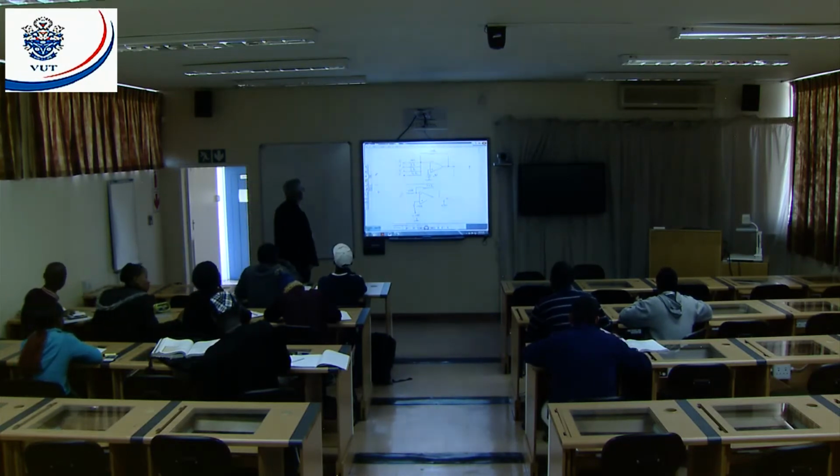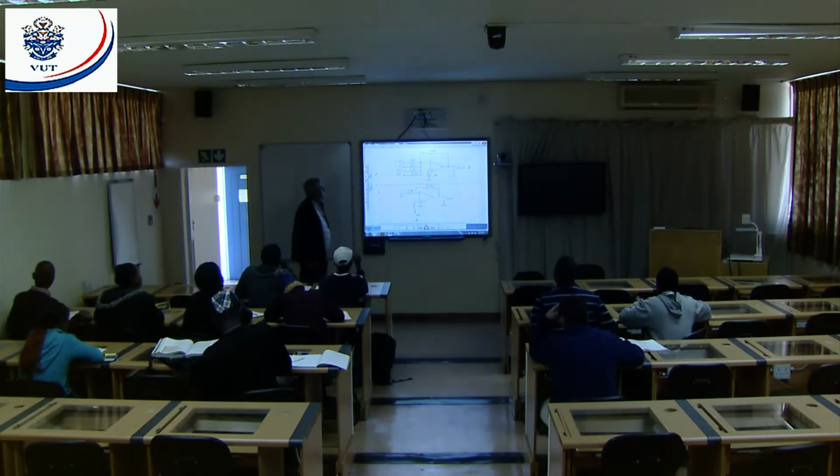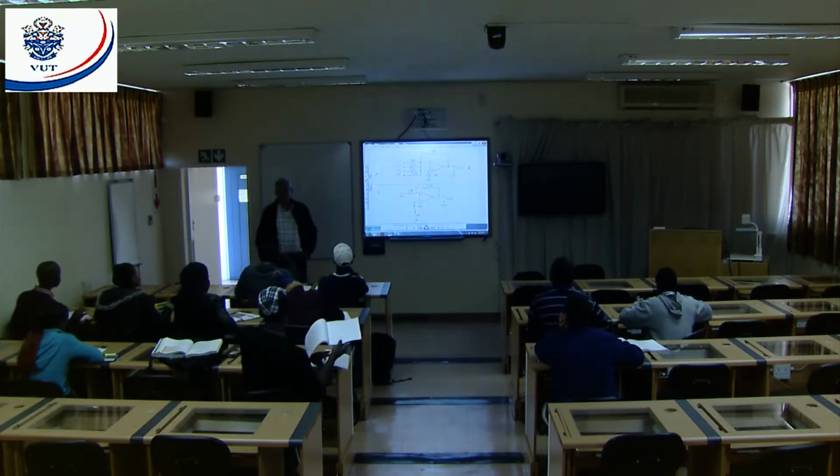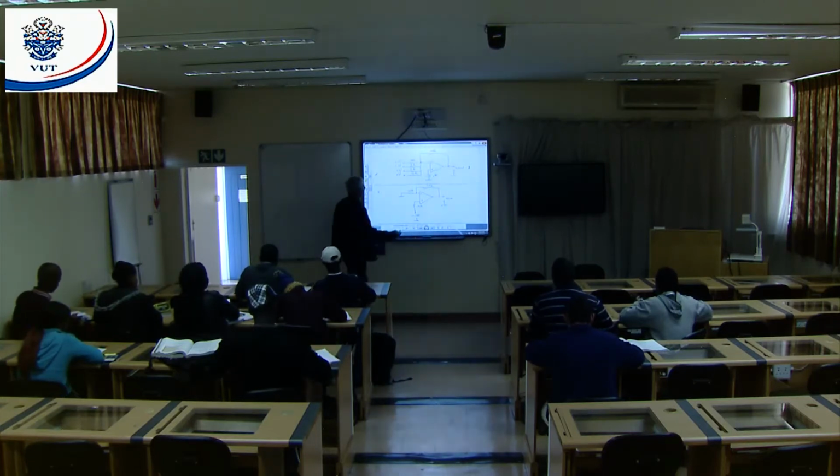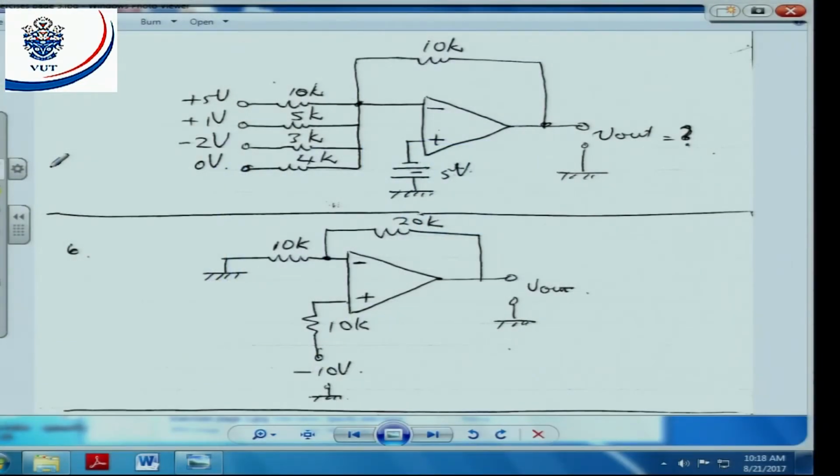All right, let's have a look. What's going to happen here? First of all, my reference is what? Minus 5. That means the op-amp will try to make this voltage here minus 5 volts. I'm just going to put the currents here on the side to make it easier. The first one, I got plus 5 and minus 5. What's the difference? 10. 10 divided by 10k will give me 1 milliamp. That means the first one will give me a current flowing in that direction of 1 milliamp. You with me? The second one,